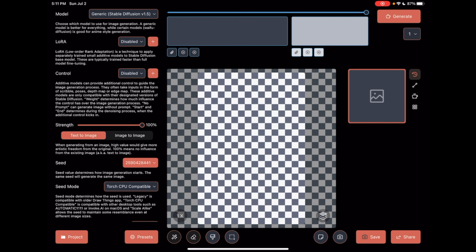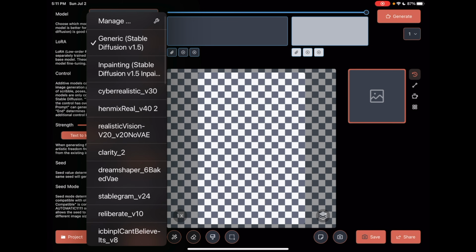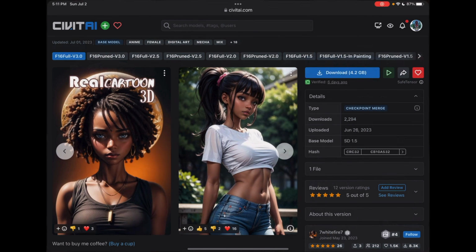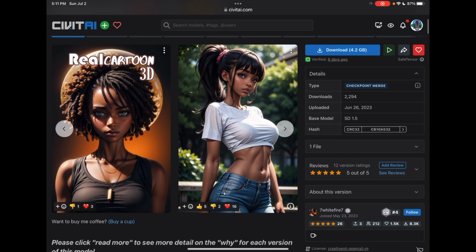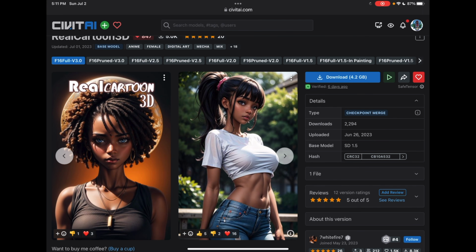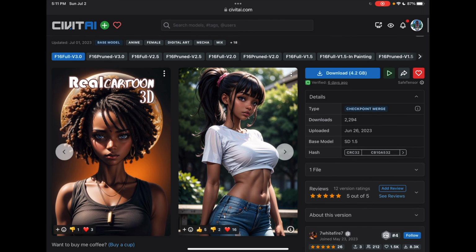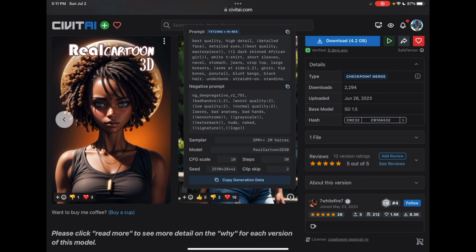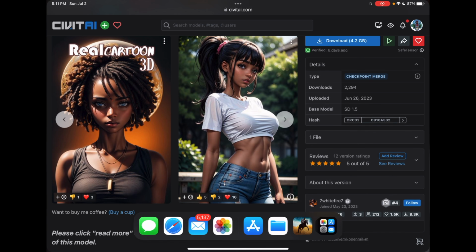All right, so here we are in the Draw Things app. Now I'm going to do a little bit of a cheat here. I'm going to go back over to Civet AI, and I'm going to use the generation data from this Real Cartoon 3D image. So I'm going to click here on the little white circle with the eye, and you can see it's going to give me all the prompt information that created this image. I'm going to go ahead and click Copy Generation Data, and now I'm going to head back over to my Draw Things,